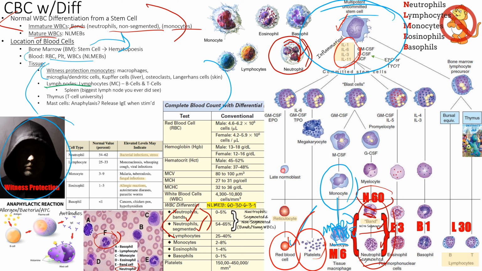And we have two types of lymphocytes, and those are your B cells and T cells, right? And we'll talk about those coming up. And then the spleen is the biggest lymph organ you ever saw. It's something you can palpate on someone who's thin. It's a huge Brita filter for your whole body,